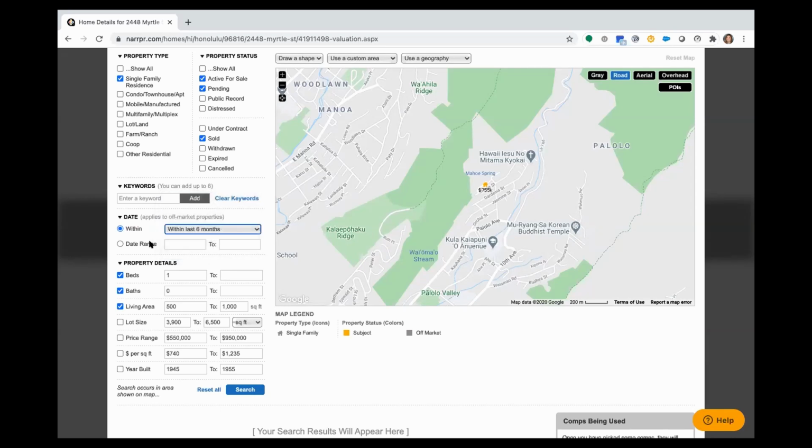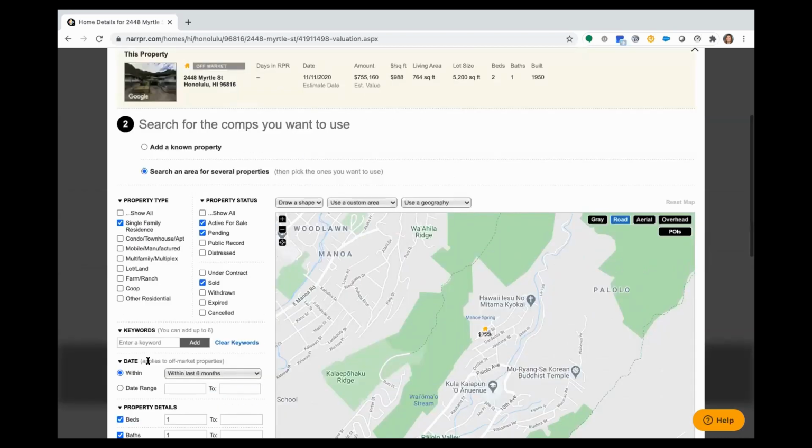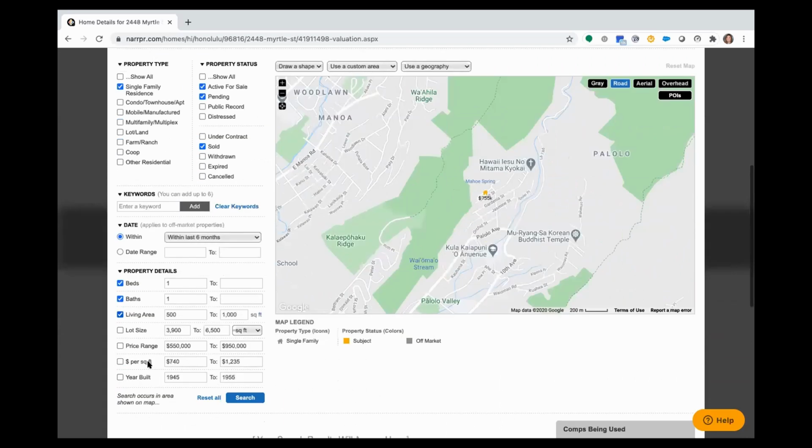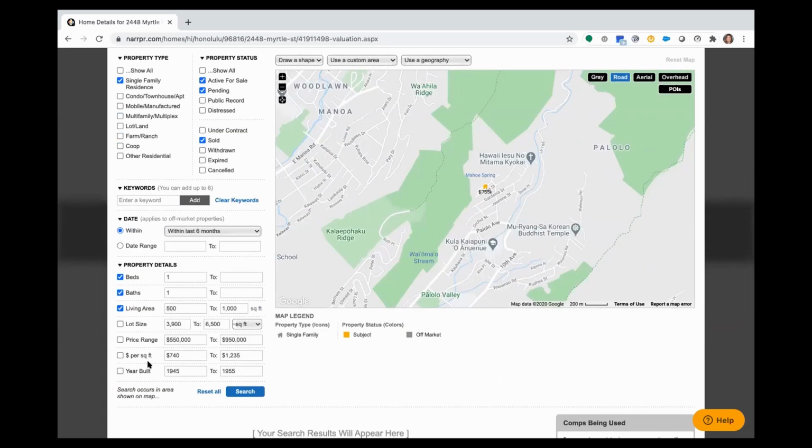You can also do a date range if you wanted to throw calendar dates in there. And then you're going to get that differential on the beds, the bathrooms, the living area, the square footage. You can tighten these fields up if you want to. You can include things like lot size, price range, price per square foot in your build as well. And then as far as where your comparable properties are located, just hit that search button on the bottom, and